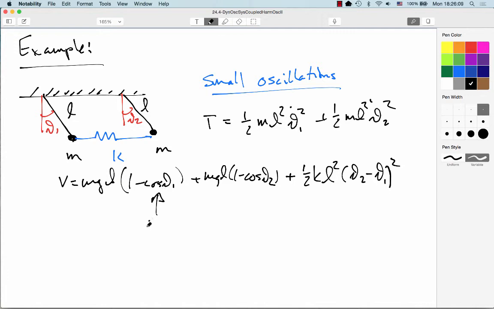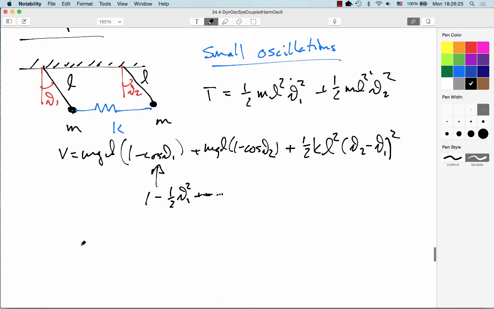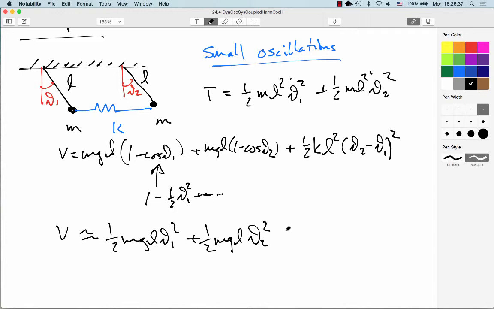So we know the cosines can be 1 minus 1/2 times theta 1 squared plus minus dot dot dot, and we're just going to keep the first non-unitary term, because when I put this in, this one's going to cancel. So we can write that our V is approximately 1/2 mgl theta 1 squared plus 1/2 mgl theta 2 squared